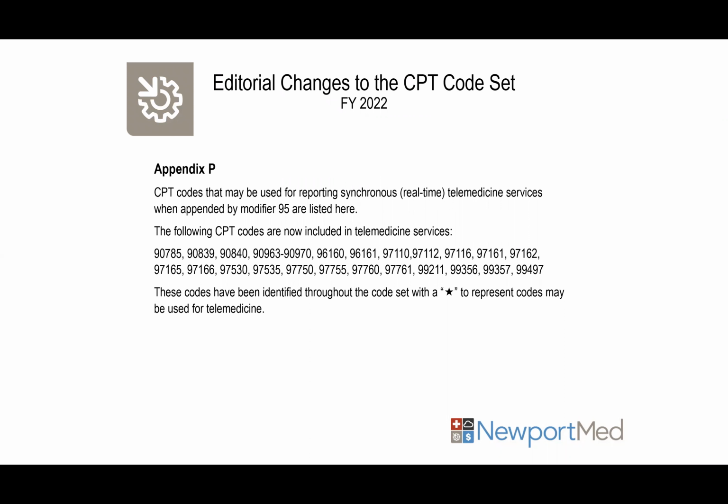And then lastly, we have all of these CPT codes, which are not new. They're existing CPT codes. They've just been added to an array of telemedicine services. And these codes have a star next to them in our CPT book to describe that they all qualify to be telemedicine services. Brooke, real quick, I see 99211 on there, but I don't see the other E&M codes like